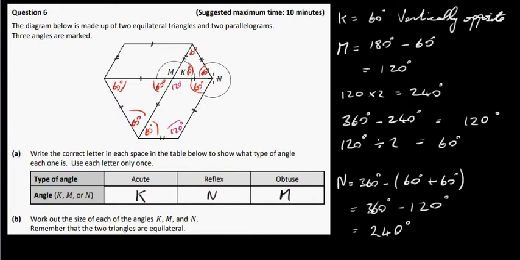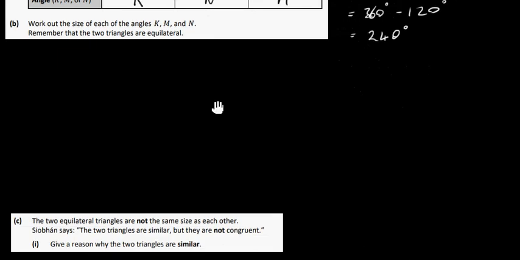What you could do also, there are probably a number of ways of doing it, but you could extend this line out here like this. So then if this is 120 degrees here, this angle here must be 120 degrees as well, because they're corresponding. This is 60 degrees here, so this angle here is 60. So this angle here must be 180 minus 60, which is also 120. So this is 120 here. So 120 plus 120 is 240. That's another way of doing it. There are probably numerous other ways of doing it as well. Okay, so let's have a look at